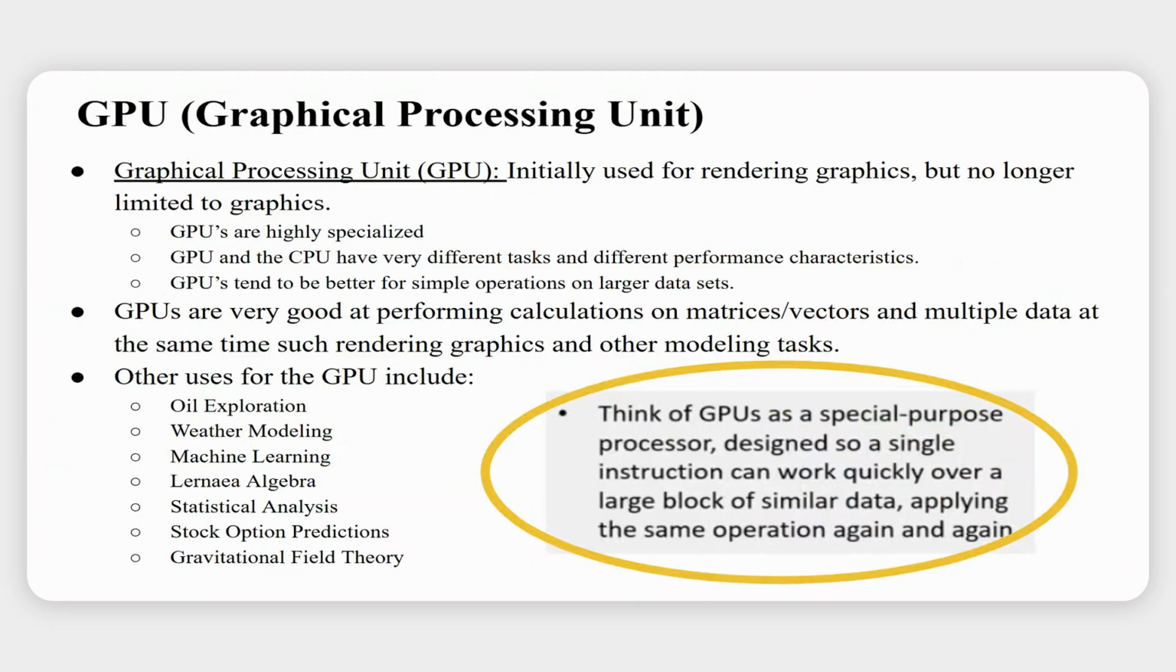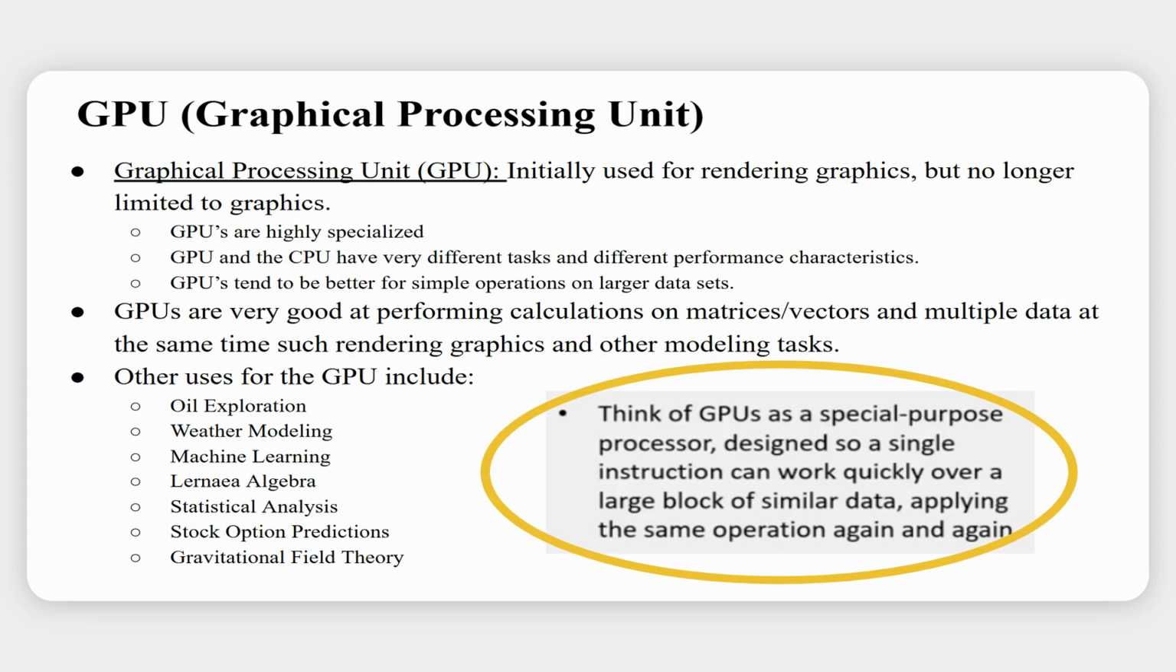Like we just said, the graphical processing unit is used for rendering graphics, but it's not limited to graphics. GPUs are highly specialized. GPUs and the CPU have very different tasks and performance characteristics. GPUs tend to be better at simpler operations on large data sets. They are very good at performing calculations on matrices, vectors, and multiple data at the same time, such as rendering graphics and other modeling tasks. Other uses for the GPU include oil exploration, weather modeling, machine learning, linear algebra, statistical analysis, stock option predictions, and